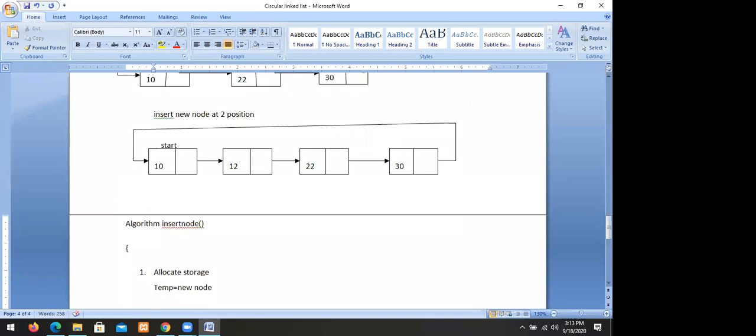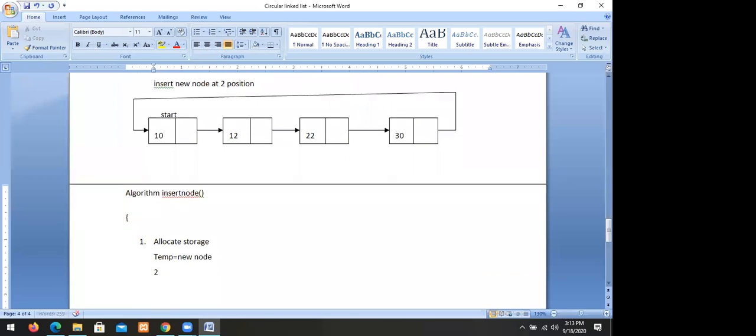After allocation of the storage, enter the value into the node. So we can enter it using cin temp arrow number. This is the module we use to enter the value into the node.